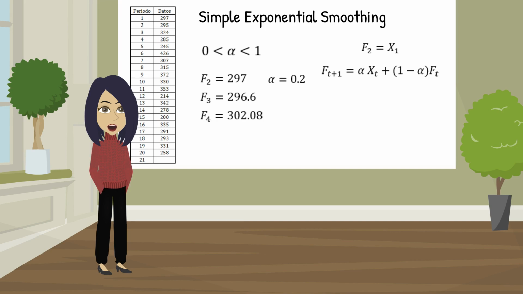By applying the formula recurrently, we will obtain the value of the forecast for period 21. When we do this in a spreadsheet, all we have to do is copy the formulas. And so we will arrive at the forecast of period 21, which will be 293.049. If you want to obtain the value of the forecast for period 22, remember that in these methods the value of the forecast is kept horizontal. This means the value of the forecast for period 22, for period 23 and for the next, will be the same as for period 21,